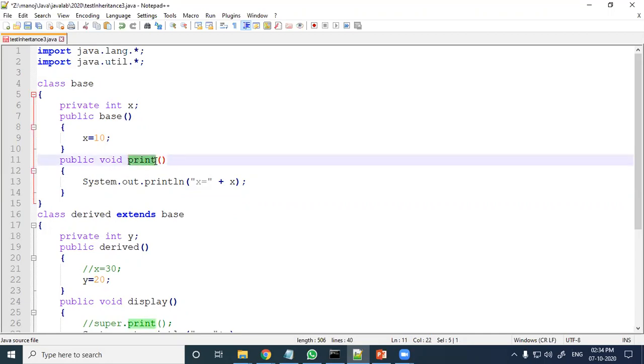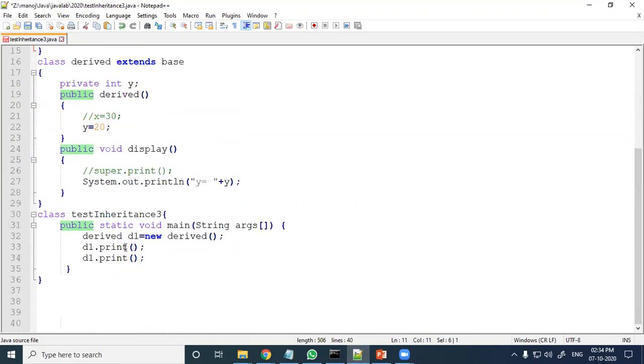Remember, print function is a public function. That's why you can call this print function directly through the derived object. And d1.display calls the display function, which is its own function.